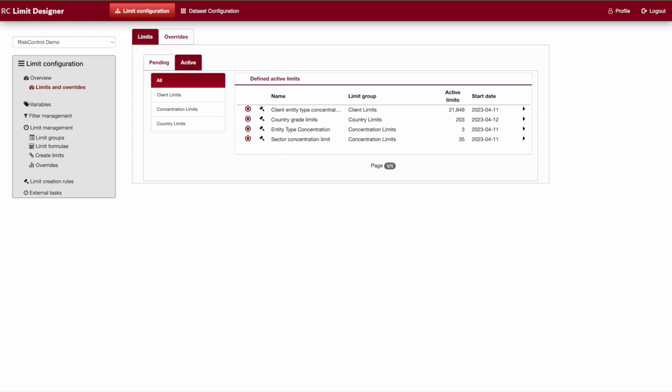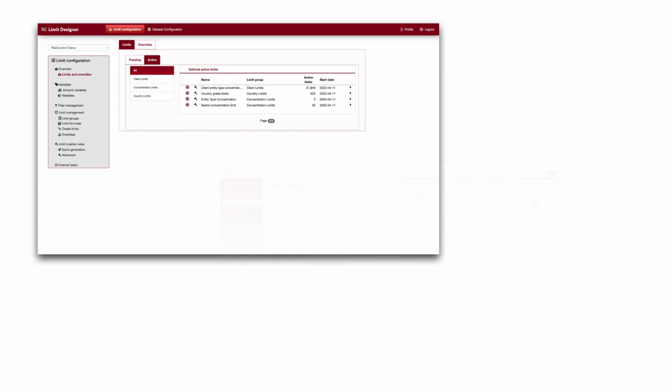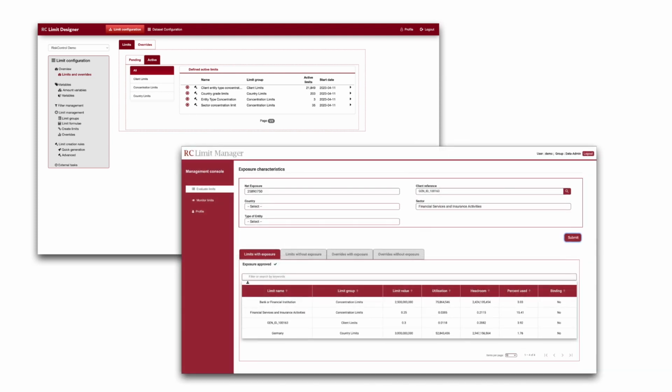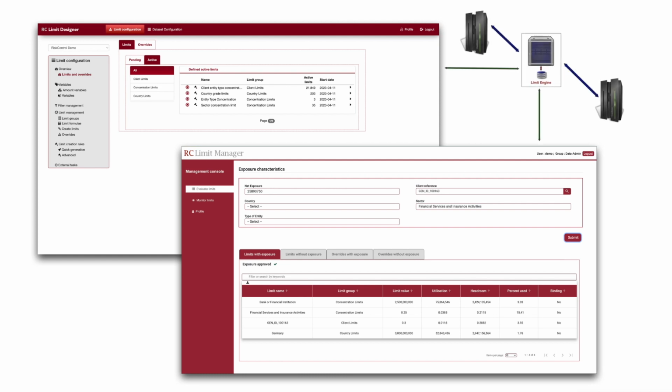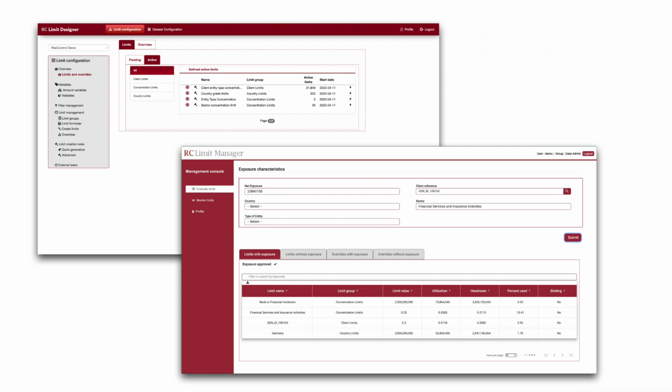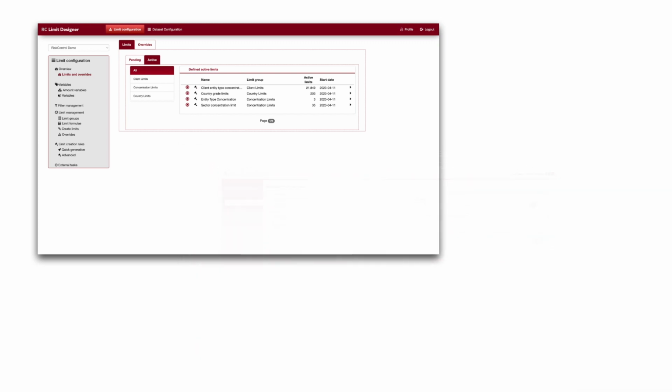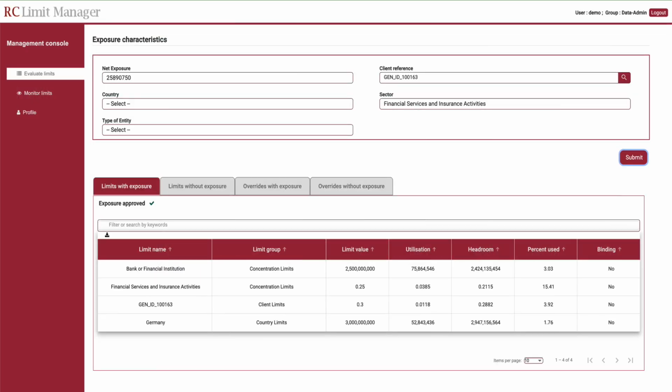The limit engine receives data update requests from the back-end system. This could be your company's underwriting system, for example. As we have seen, the risk control limit system is easily able to adapt to existing environments and flexible in the way existing data can be handled and limits can be created. Through the use of REST services sending and receiving JSON messages, it is also highly integrable into any environment. This includes data feeds for exposures and lookups, as well as requesting limits based on the attributes of exposures.